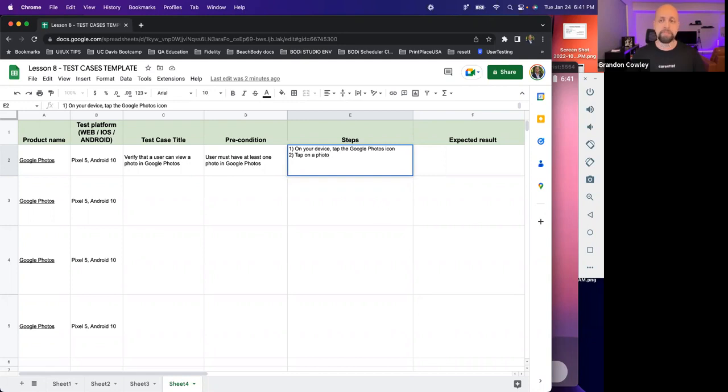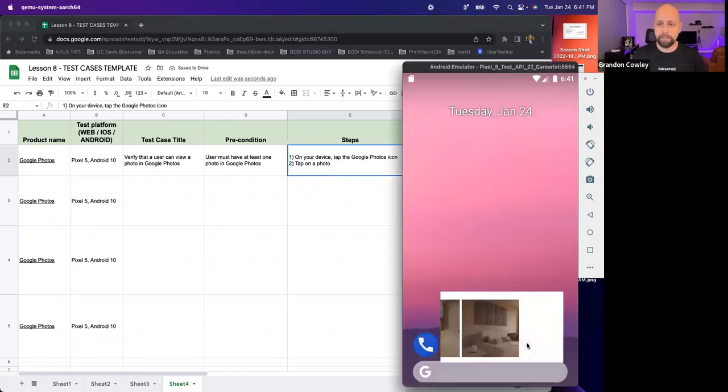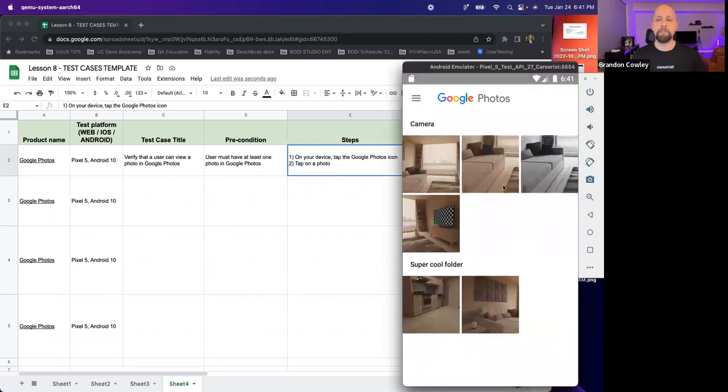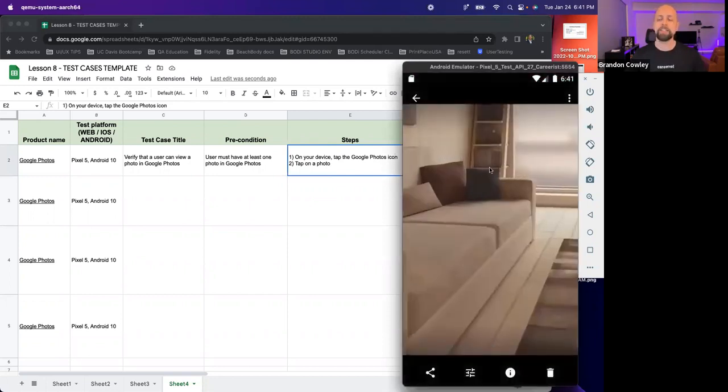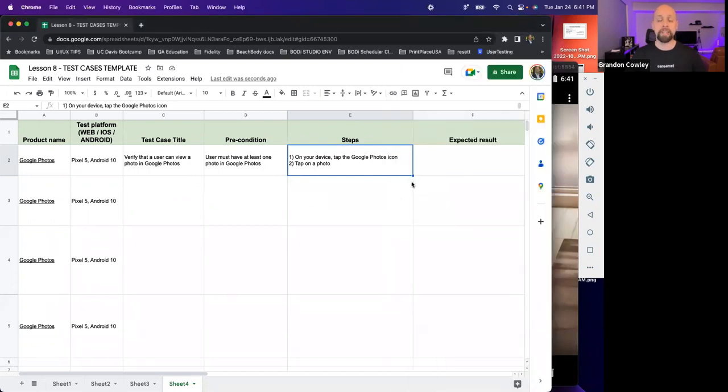This is probably the steps that I would put in my test case, right? So on my device, tap the Google Photos icon. Ding. Cool. Tap on a photo. Ding. There's my photo, right? Awesome. That's it. That's my test case.